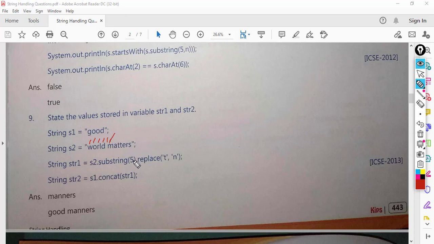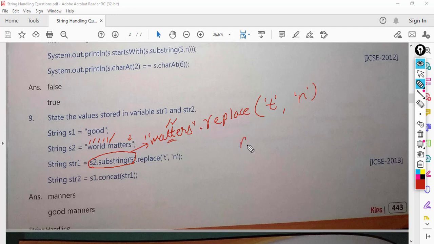Since the second parameter is not there, it will go right up till the last character. So the output string of this is "matters". So matters.replace character t with character n, that is, we have got two t's here, that will be replaced by n. So it will become "manners".